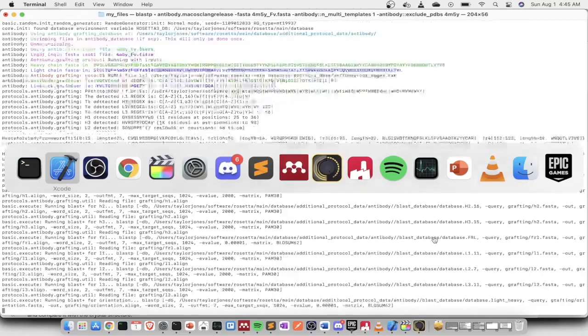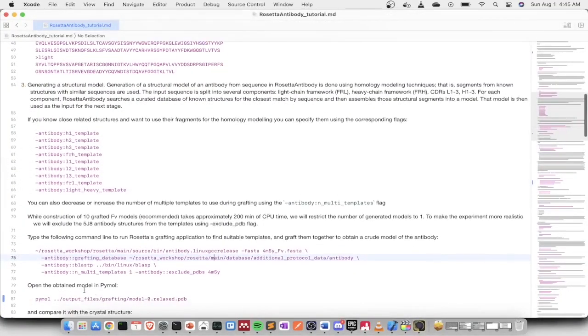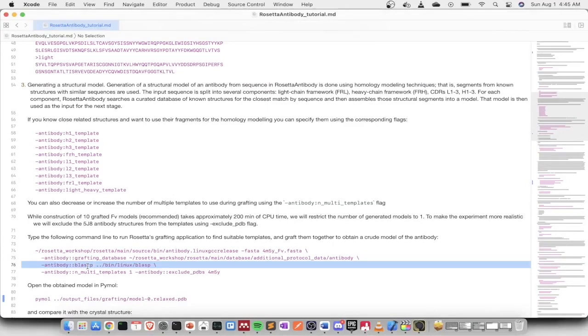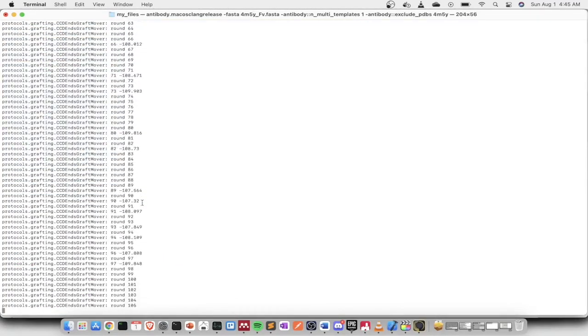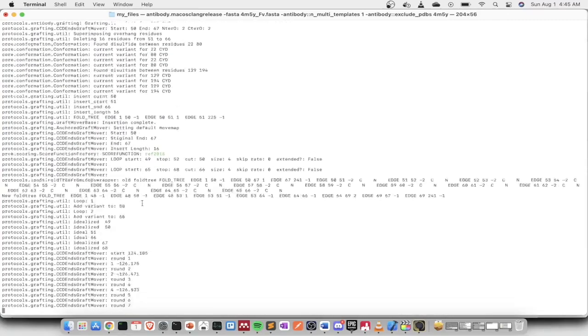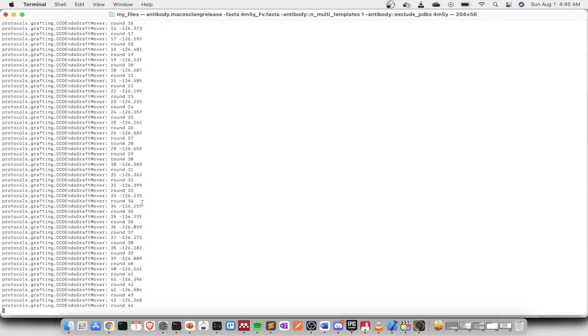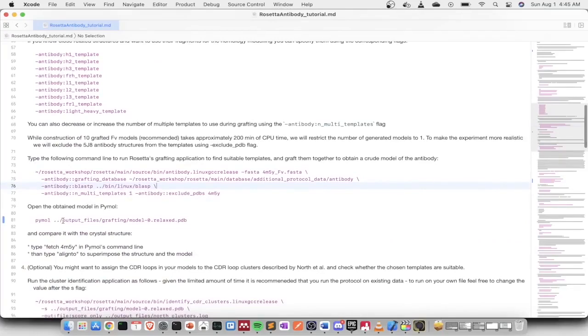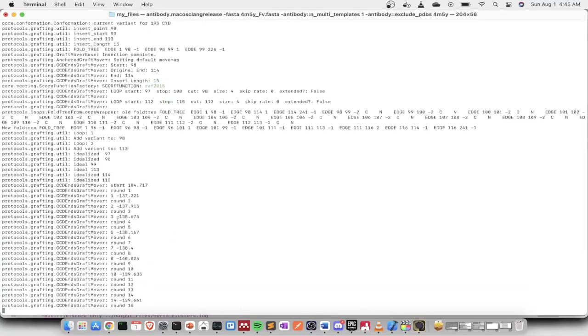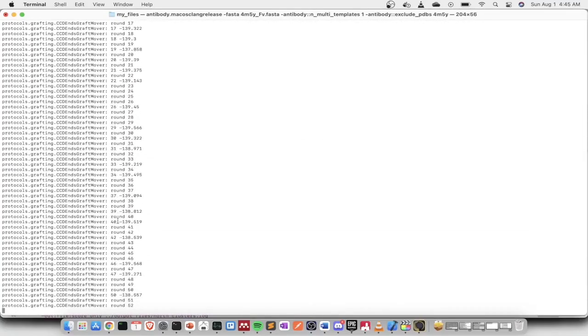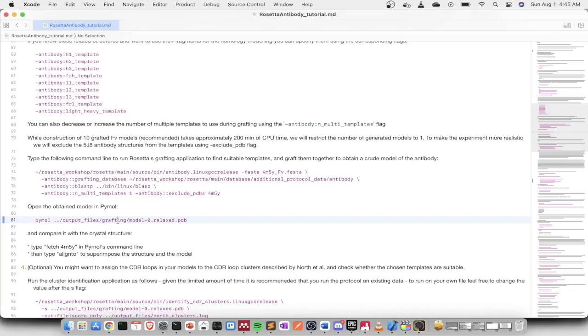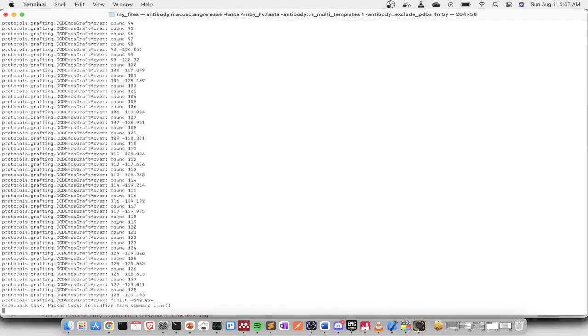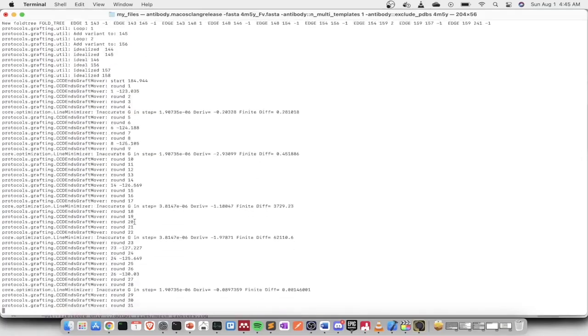Okay, so as I said before, I added the environment variables that made it so that I didn't have to specify the grafting database. And I have lastp already in my path, so I didn't have to explicitly state that. So as you can see, it's running successfully. These runs do take a pretty long time, actually. So I would choose to use the provided output data instead of waiting for them to complete, because I think it's about half an hour per model that you want to produce. So I think it's definitely not worth waiting. So I'm just going to go ahead and cancel it with Control C,